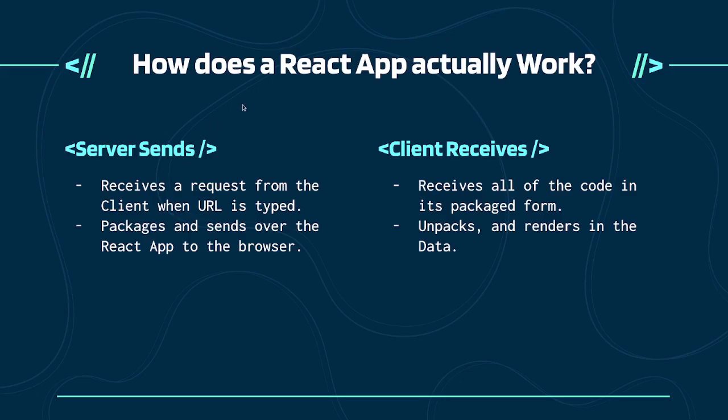Now, how does a React app actually work in this context, right? Because again, I mentioned a lot that Google has no idea what the hell React is. Google has no idea what the hell CSS or Tailwind is, right? So at some point somewhere, React lives, and at another place in your browser, the HTML and JavaScript live. So what happens in that process? And it's a really important understanding.